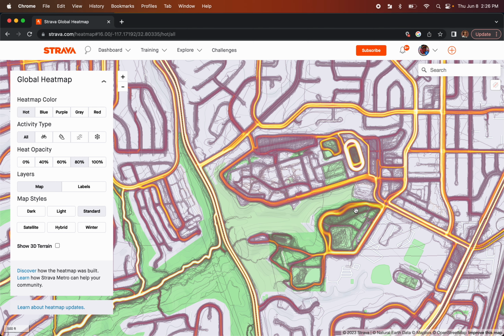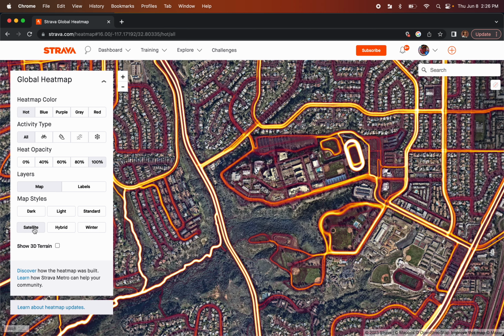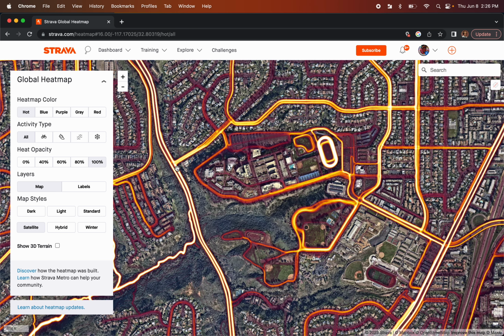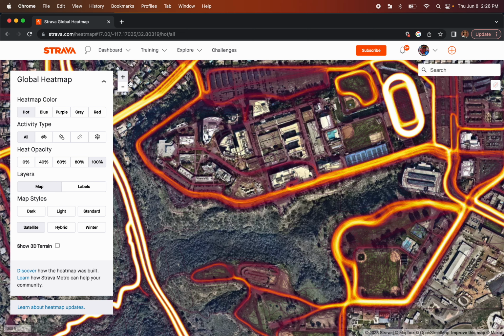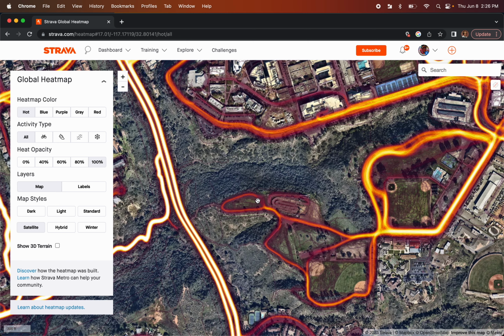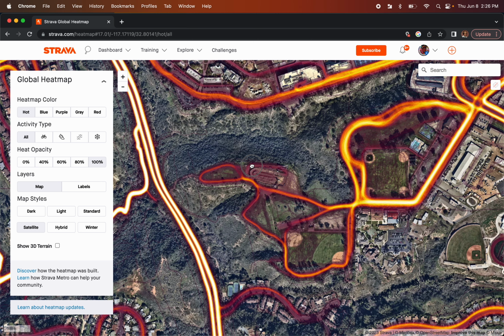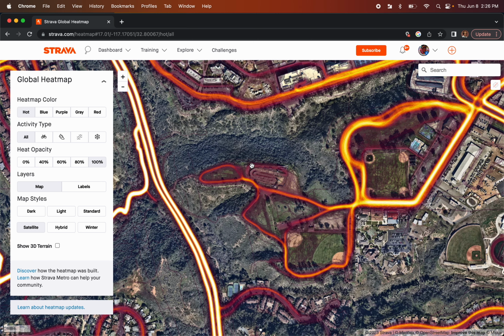So in order to use it effectively, I think it's good to turn it to 100%. I think it's great to use the satellite photo and then just zoom in as far as you can. You'll be able to adjust this to a template. So you could even just focus on the area you want and take a screenshot of it. But what you want to make sure you do is you find things in the photo that would be good for fixing